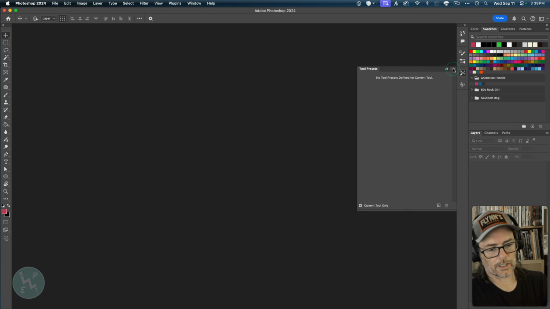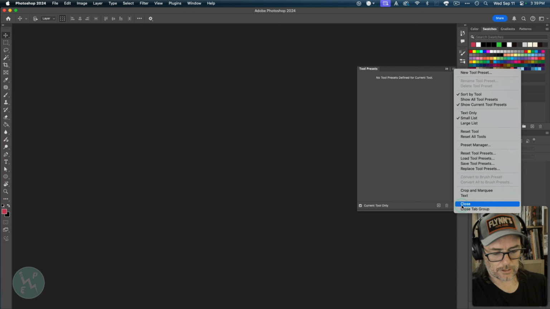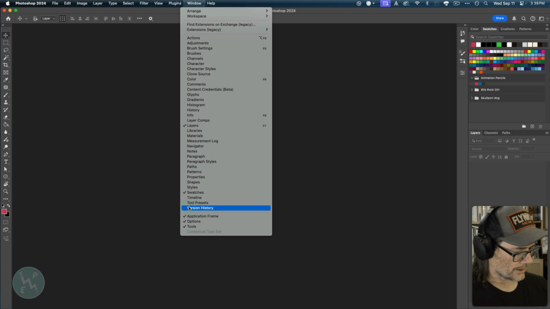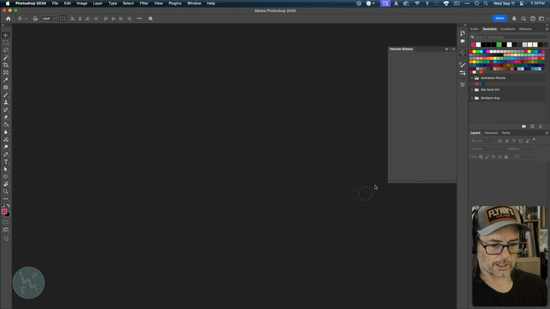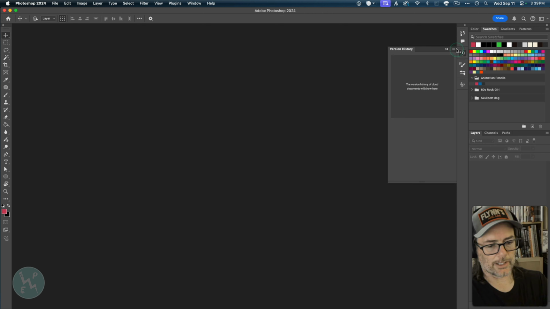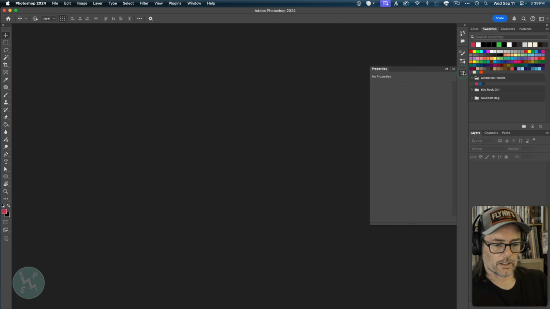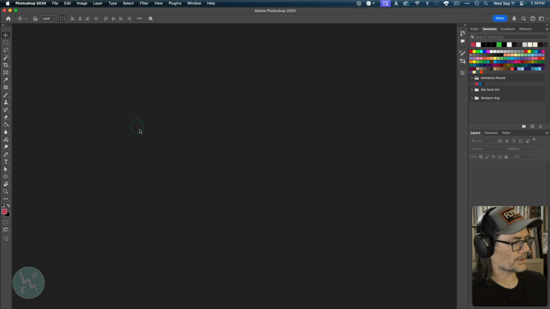So whatever you're doing, if you do it repeatedly, you can make a tool preset, just use that and click, click, click, and Bob's your uncle. All right, and version history, well, I don't really need that much. I don't even think I've ever used it, but version history, cloud documents will show here. Yeah, I don't use that again, so I'll just close that. Okay, so let's get into